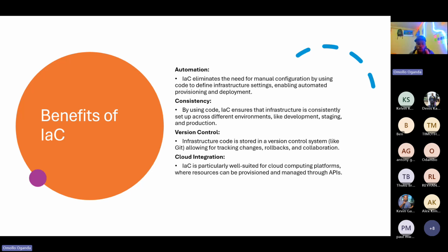Now, why do we need consistency? If I'm building an application that is supposed to support 200 users, and I test it in an environment, let's say a test environment that has the capacity to support 200 users, I should have the same capacity on the production environment so that I am sure that this application on a production environment is able to support this number